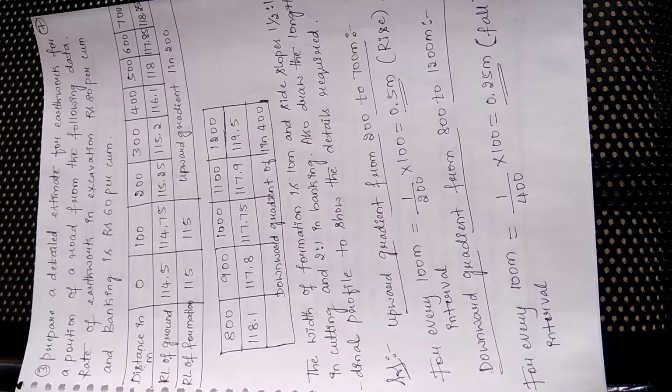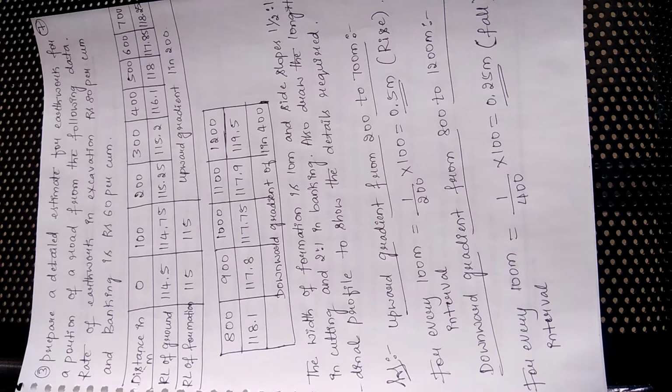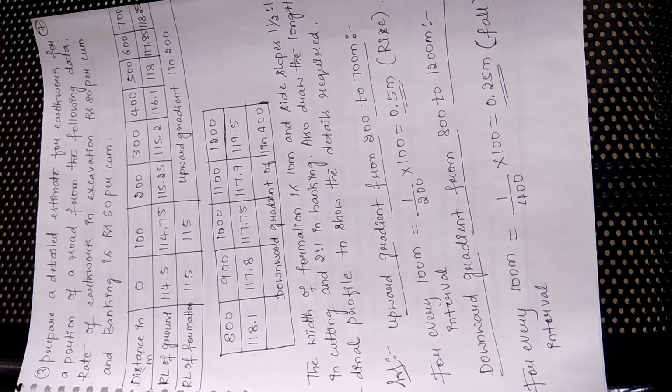Here the distance in meter, RL of ground level and the RL of formation level for the different chainages has been given to you. For 0 meter distance, the RL of ground level is 114.5 and the formation level is 115. Whereas for 100 meter distance, the RL is 114.75 for the ground and 115 as the formation level. So likewise, the different RLs of ground levels have been given for distances from 0 to 1200 meter length